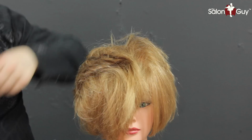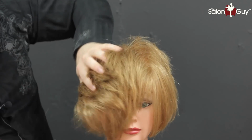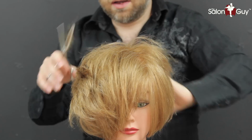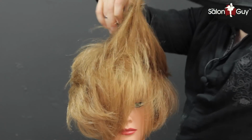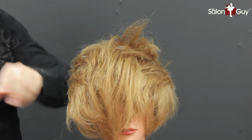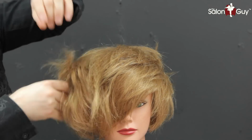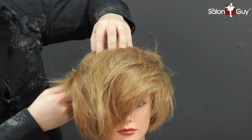Look at all this hair that's being taken out. It's always best to do this on dry hair because you can see what's going on, and you can really get in there. And this is a great and safe way, because the hair is dry. You can see everything that's going on, and I love doing these finishing touches when the hair is dry. This is definitely something you want to do for this type of haircut, which is finishing touches, dry cutting. So I'm just going to do this a little bit more, and then we'll finish with the style,